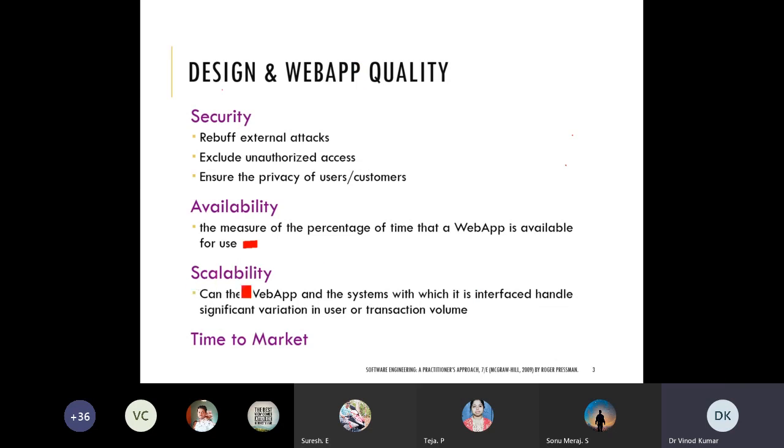Okay, scalability. Can the web app and systems with which it is interfaced handle significant variations in user or transaction volume? Scalability means as per the demands, you are increasing the facility in your websites, or you are interfacing different components.